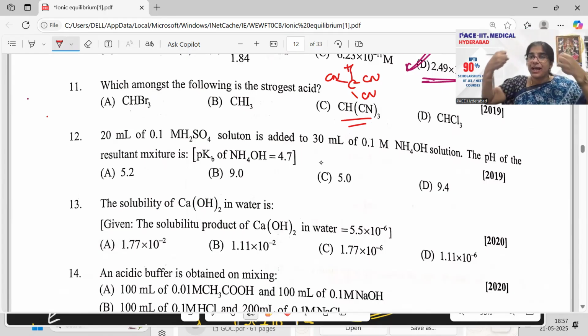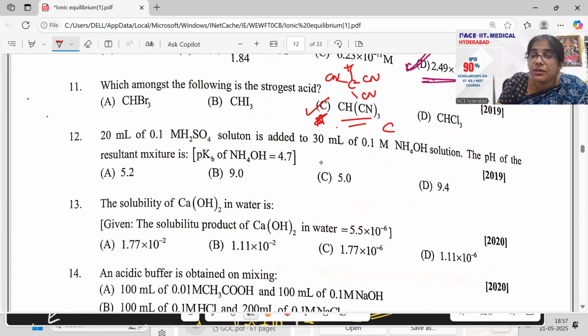So cyanide will drag the electrons towards itself, thereby the hydrogen has to break away and leave. Whoever can release the hydrogen more easily is a better acid. So cyanides are better acids whenever I talk about this part. So this will be my answer. If I have to put them in order, first C, then who can draw the electrons towards them? Chlorides can draw, then D, then you have bromine, then iodine. That is how you will go about it, right? This is the order. In case the order is being asked of you, that is how you will go about your order.